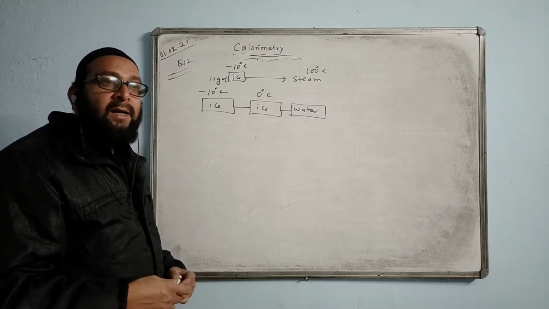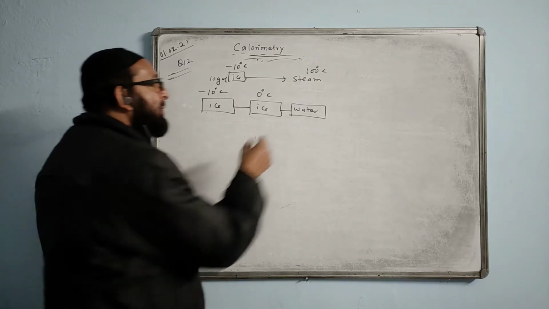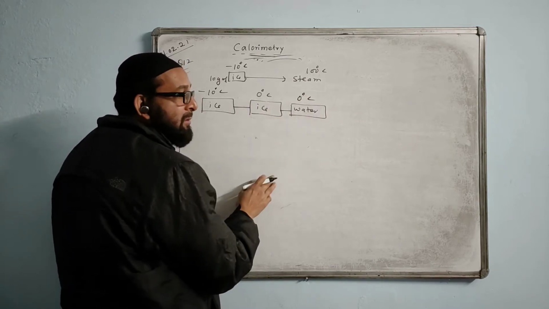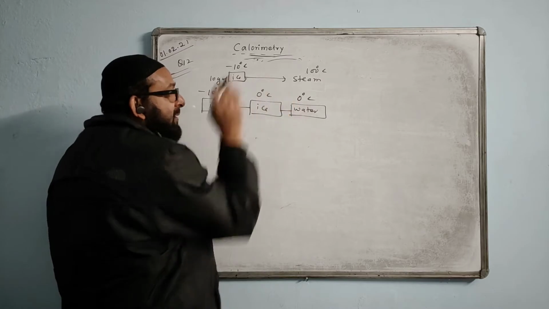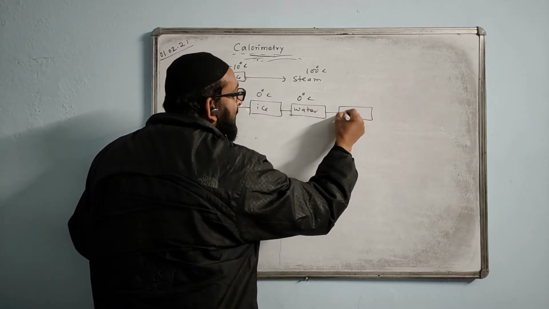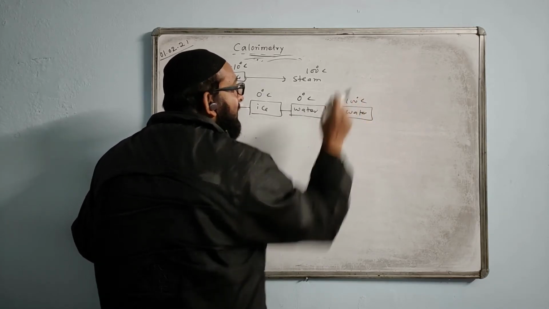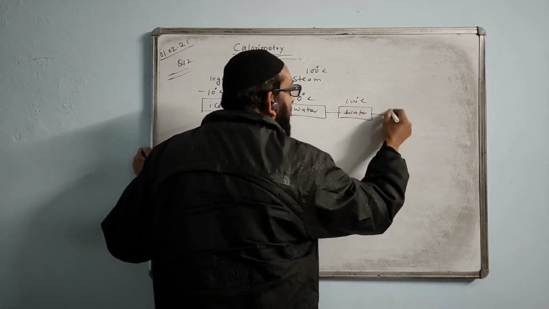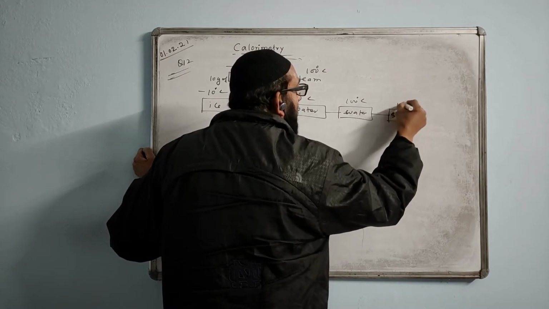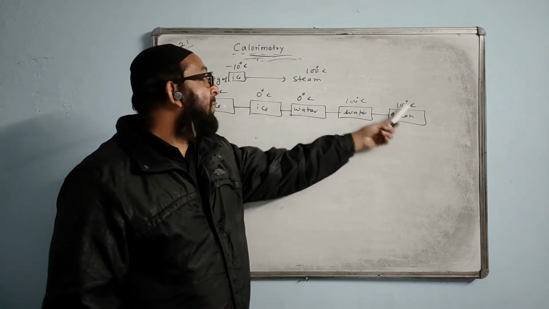When ice at 0 degrees Celsius melts into water, what is the temperature? Same, 0 degree only, because change of state happens at the same temperature. That time water formed by the ice will have temperature of 0. This temperature of 0 degree we have to increase. Water will remain water up to 100 degrees Celsius. Bring water to 100 degrees Celsius. Now the water will start boiling and change into steam. And temperature of the steam will be the same, 100 degrees Celsius. Now by this way we can reach the steam of 100 degrees Celsius.